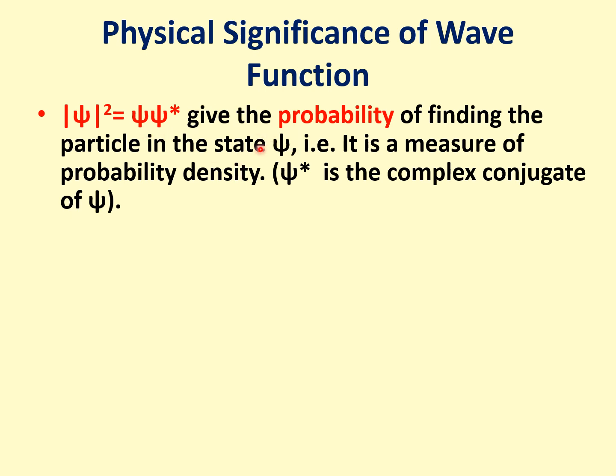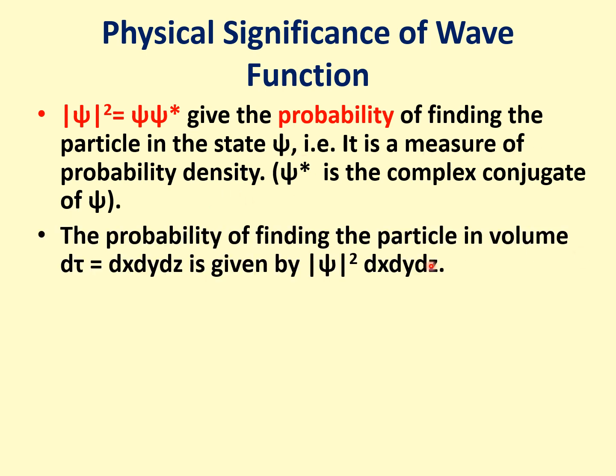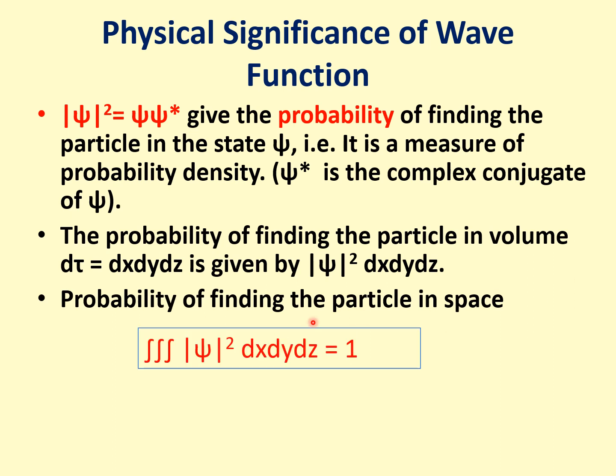Psi, the wave function, does not give much information about the particle, but the magnitude of psi square, meaning psi into psi star, where psi star is the complex conjugate of psi, gives the probability of finding the particle in the state psi, and it is the measure of probability density. The probability of finding the particle in volume d tau or dv equal to dx dy dz is given by magnitude of psi square dx dy dz, and the probability of finding the particle in space, from minus infinity to plus infinity, is 1,